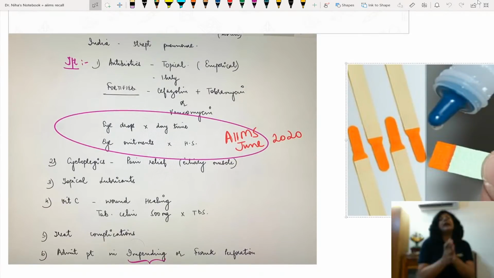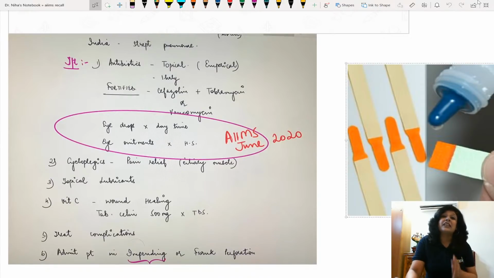And if you remember, I specifically told you that these are the practical things that you learn while attending your wards. What is that important thing is that whenever we treat bacterial ulcers, especially the bacterial ulcers and the fungal ulcers, they are very, very virulent. So in those cases, we have to give both the eye drops as well as the eye ointment. So you should know which should be given first and which should be given next. So what should be the order?